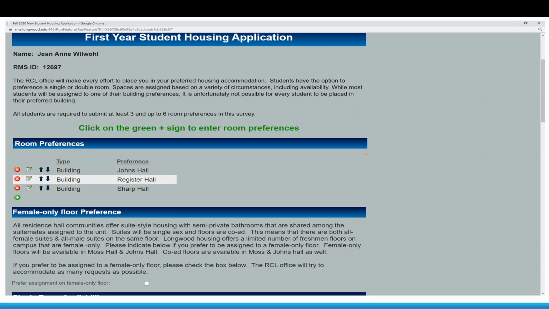Okay. The next section on the housing application is regarding any students that want to preference a female-only floor. So within our residence halls, all of our residence halls are suite style. So the typical setup is 2 double rooms that share a bathroom within the suite. So it's a semi-private bathroom. Within those floors, for example, we could have 10 suites of all females, and we could have 5 male suites